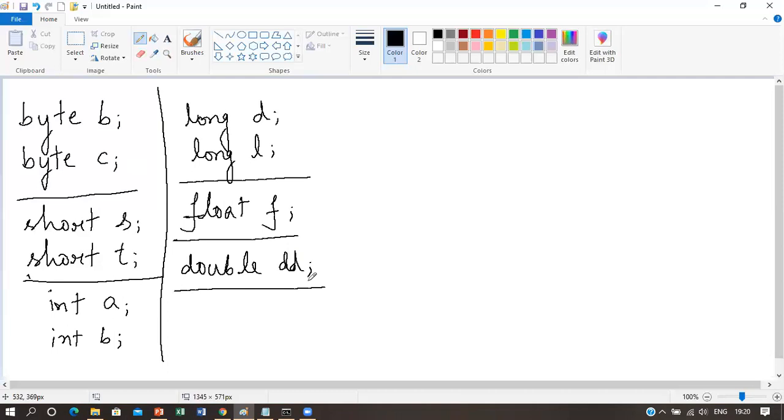Now let us learn about float data type in detail. I already told that the type float specifies a single precision value. It uses 32 bits of storage. 32 bits of storage means 4 bytes in memory. That means int data type and float data type both take 4 bytes in memory in case of Java language.